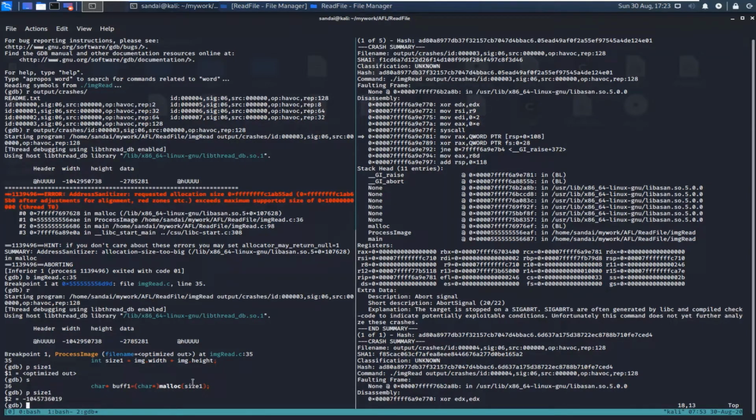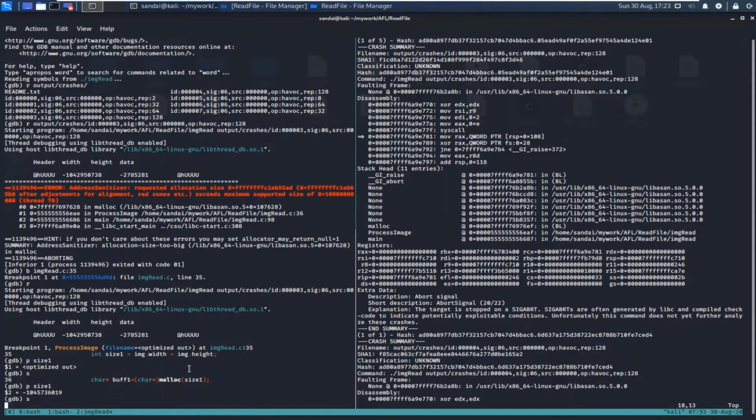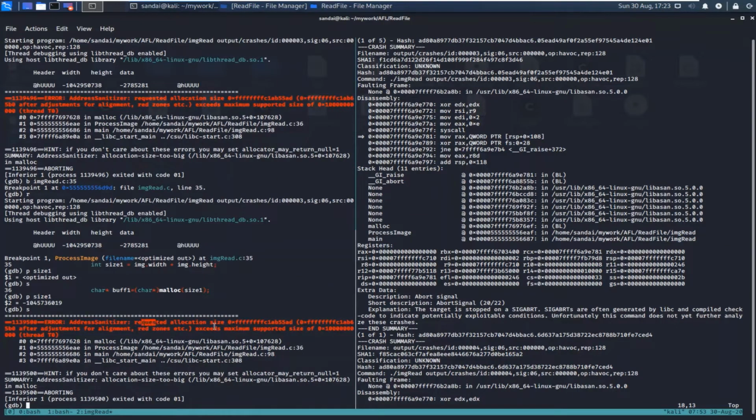So when you give a negative value to malloc, what will happen is that allocation will fail. So there will not be any allocation over here, and when you try to allocate, this actually becomes a very large number. ASan kicks in and it will say that requested allocation is too large, allocation size too big, so this will crash over here. So the root cause for this issue was that the width and height both were negative numbers, and you are passing a very large value to malloc, and so ASan prevents you from allocating that much amount of memory. So that's why the program was crashing over here.